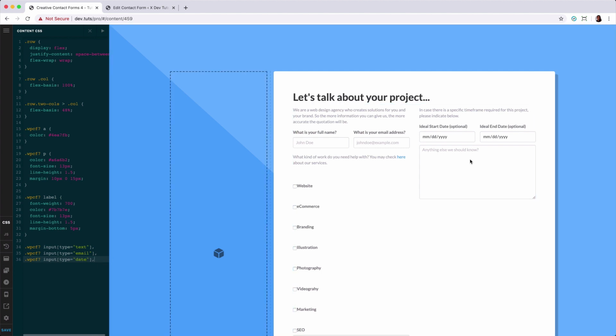As well as the text area. So WPCF7 text area doesn't use the input HTML element, but it uses textarea. So for this, let's remove the border and set this to 0. Remove the box shadow and set it to none. And then set the background color of these HTML elements or input elements to,